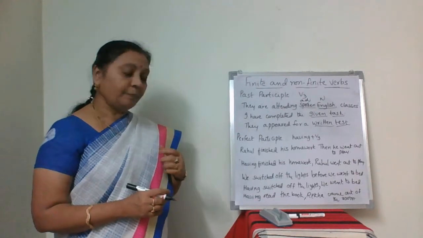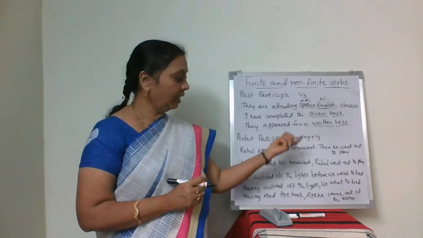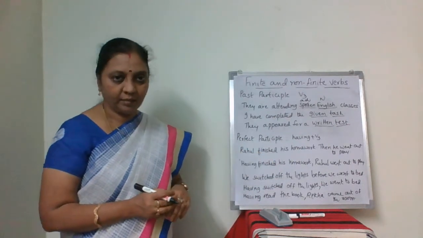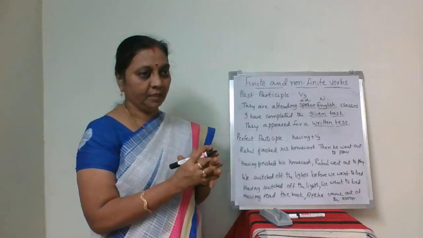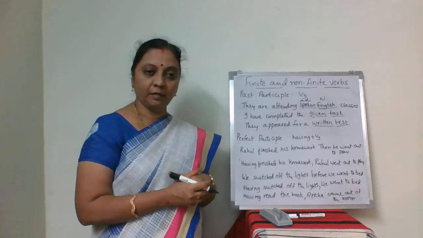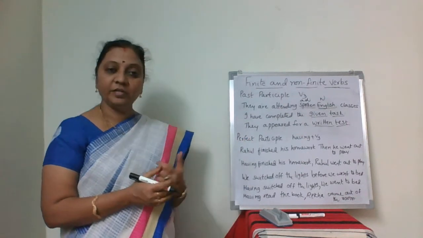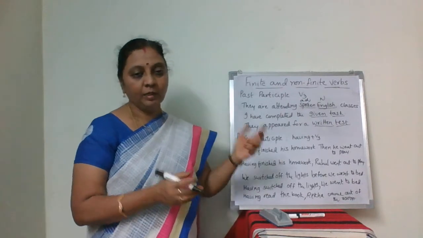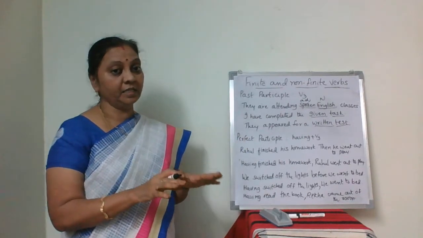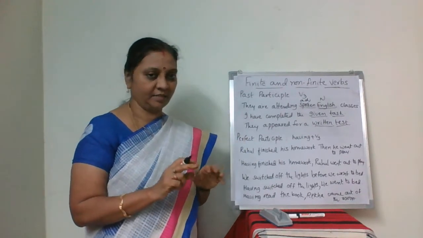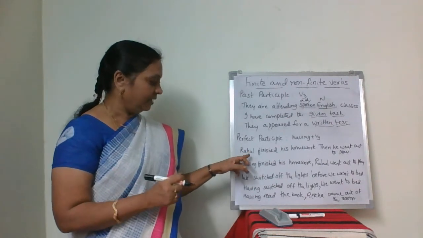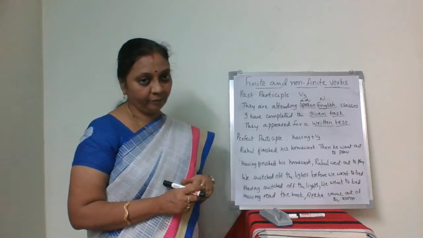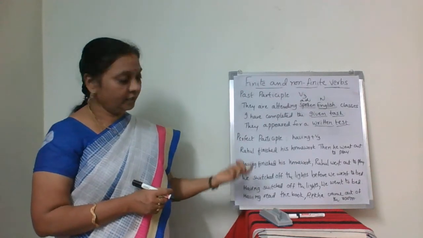Now perfect participle. Okay. Having plus V3, we take two sentences and then we combine them using these perfect participle. Like Rahul finished his homework, then he went out to play. Rahul finished his homework. Perfect tense, just completed actions, isn't it? Completed actions. So Rahul finished his homework, then he went out to play. Then how do we use